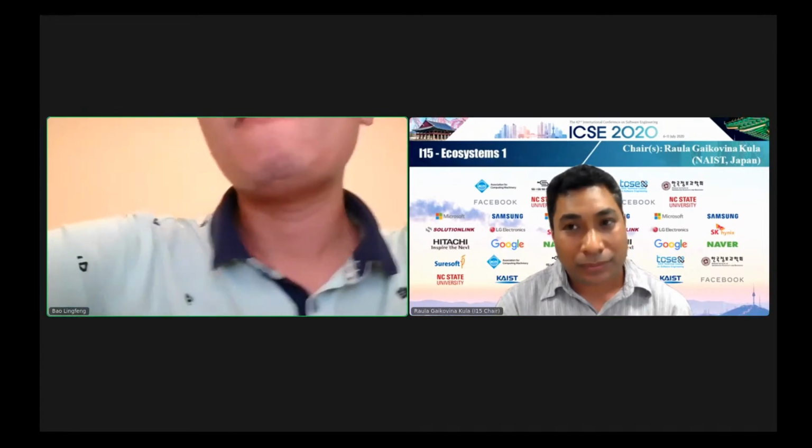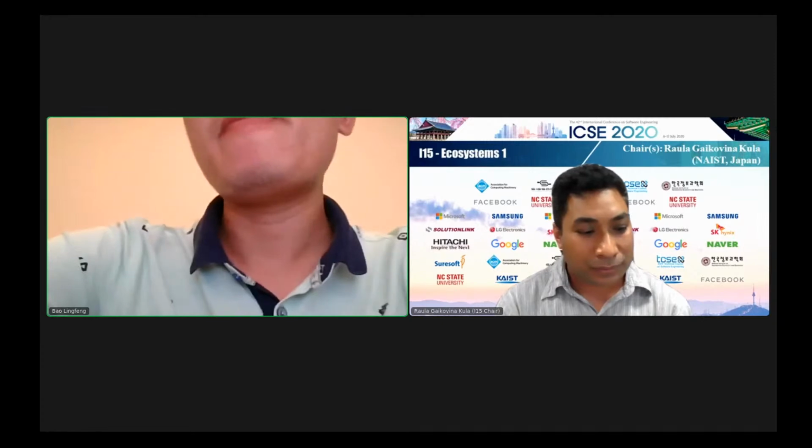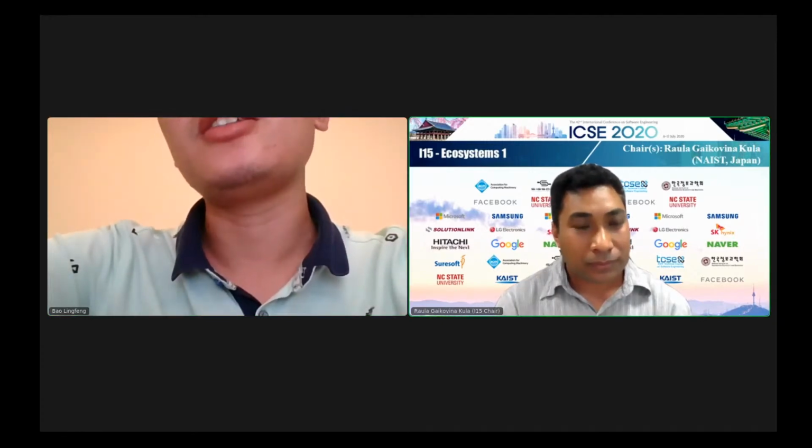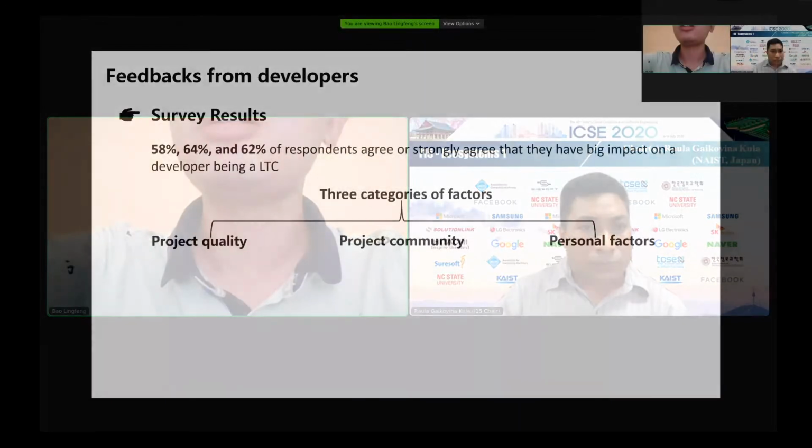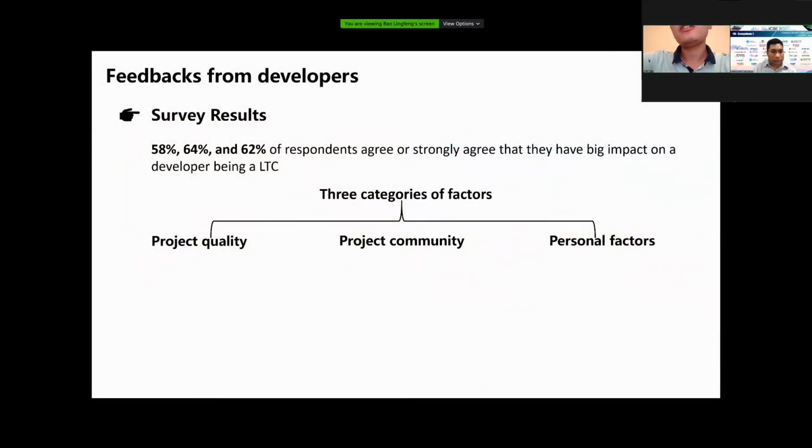Several factors are different. For example, some personal factors we cannot model based on the data used in our study, because these personal factors are very difficult to model, I think. So